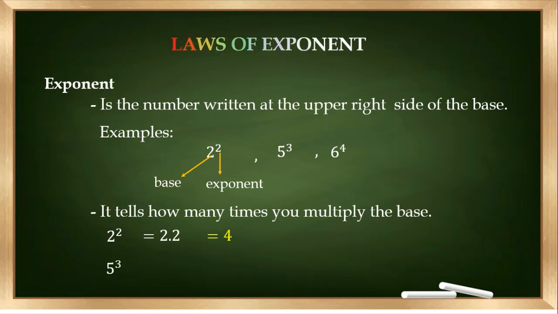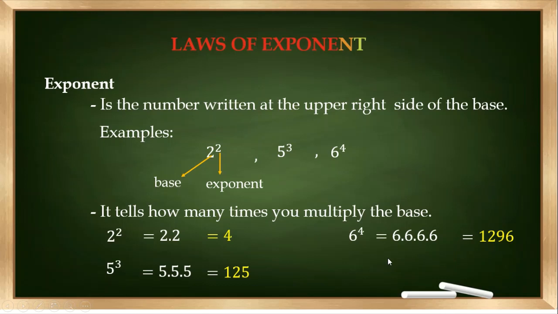Another example is 5 cubed. So this means that we multiply 5 by itself ng tatlong beses. So 5 times 5 times 5 is equal to 125. Another example is we have 6 raised to the 4th power. So here, ibig sabihin, we are going to multiply 6 by itself ng 4 na beses. So that is 6 times 6 times 6 times 6 is equal to